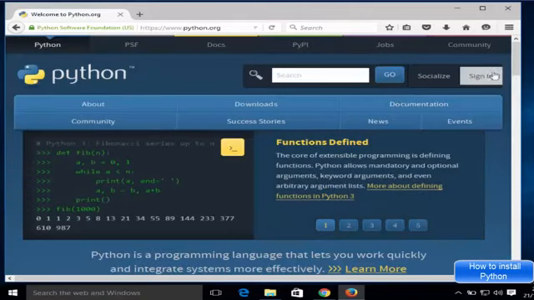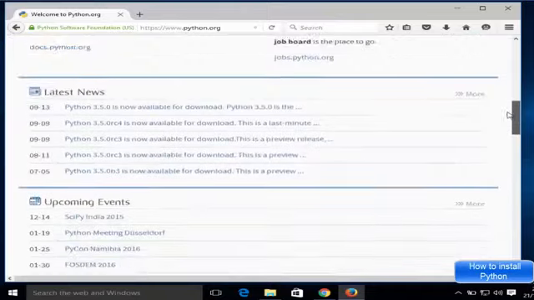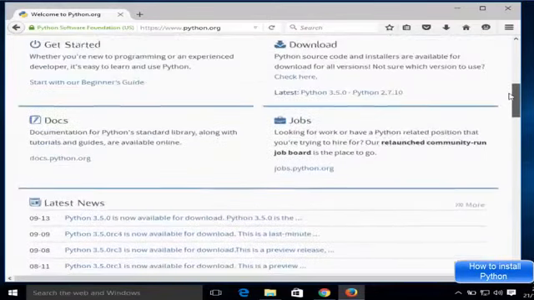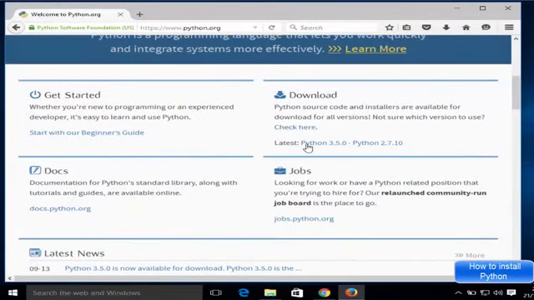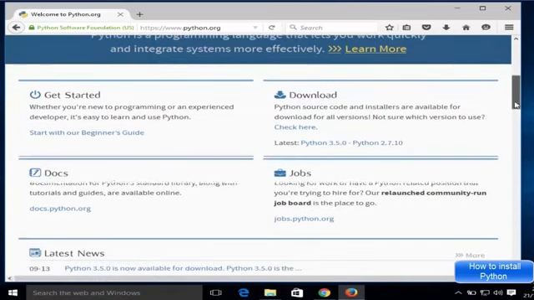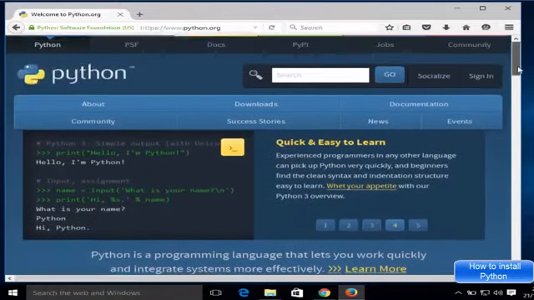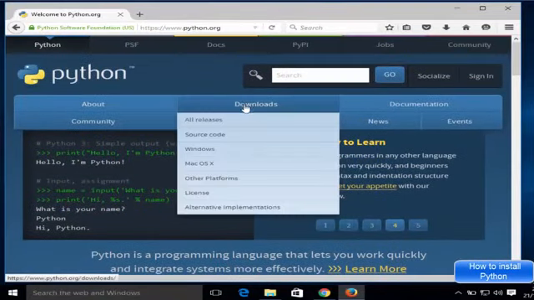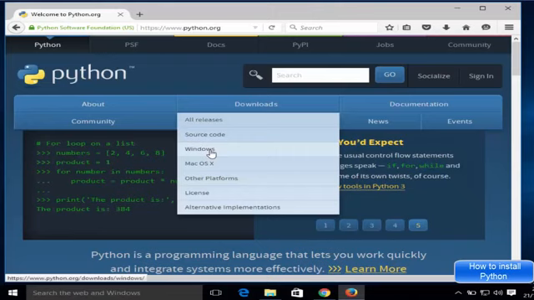And in here you can find more information about Python, right? And you can see here Python 3.5.0 is the latest version at the time of making this video, and Python 2.7.10 is the legacy version. Okay, so I'm going to go up here and I can see this download button, and I can choose the Windows option from here. Okay, so just choose this Windows option,